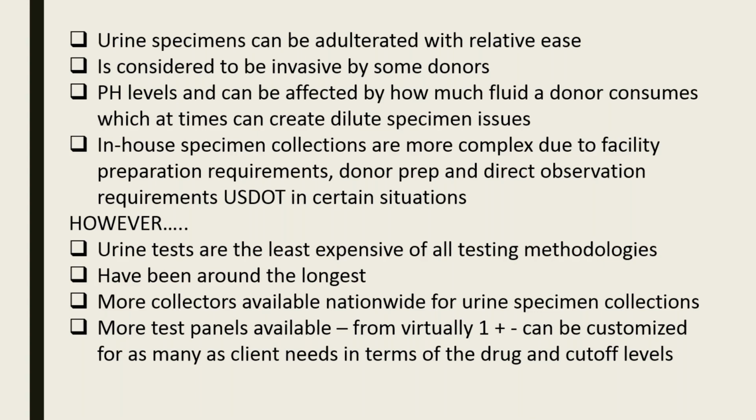However, we talked about some of the cons of urine testing. However, it is the least expensive by far of all testing methodologies. Very inexpensive. Oral fluid testing is a little more expensive than urine testing. Hair testing is very expensive. Urine tests have been around the longest. You have many more specimen collectors available nationwide. Much higher collector network nationwide for urine specimen collections than for hair